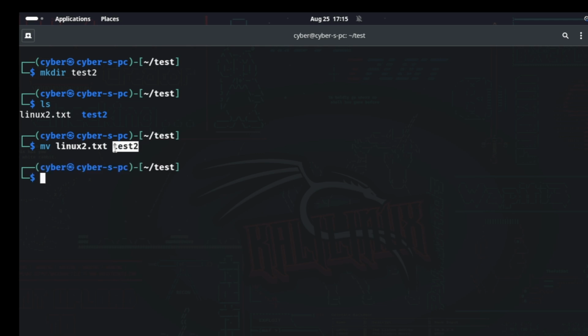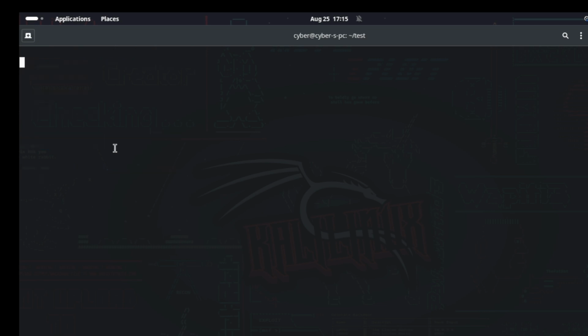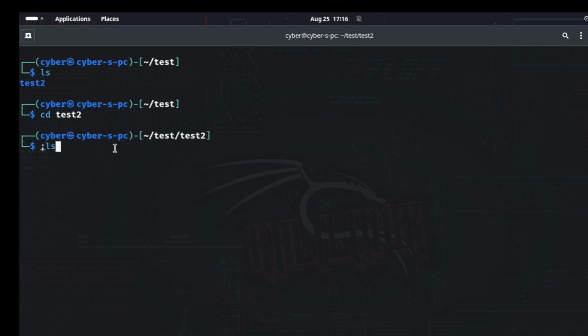When we click on enter, nothing happens. This is telling us that our command has run successfully without any problems. We can clear our screen. When we run ls, we no longer see linux2.txt. But when we go into the folder test2 and then run ls,